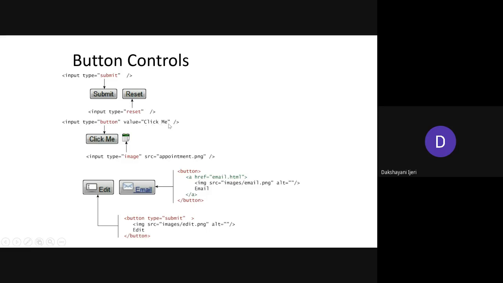Here it has been taken as a click me, through which click me as a button will be taken as a label here. Okay. So in case you want to create the image as a clickable button, at that time you can go for taking the input type equal to image, followed by the source attribute to tell what image is to be taken on the button.